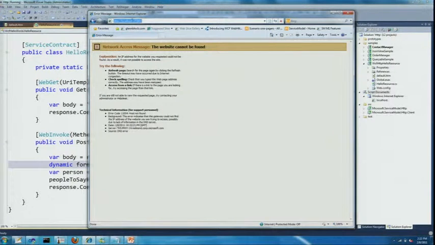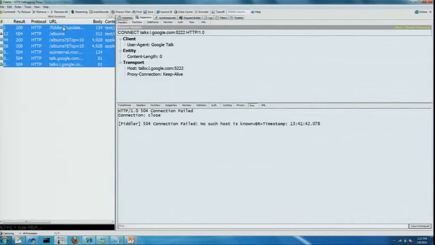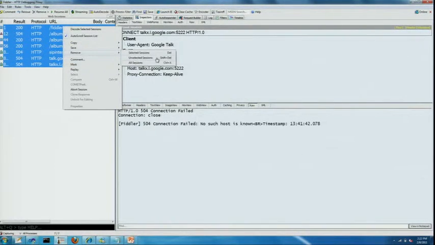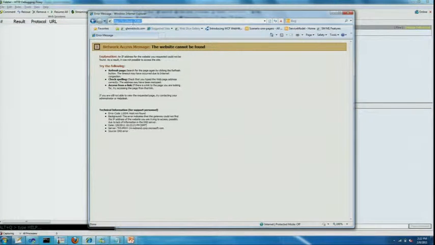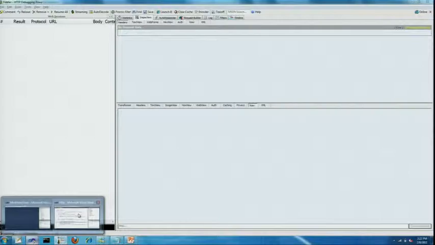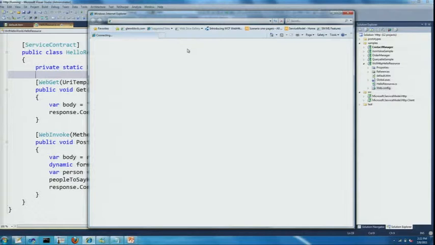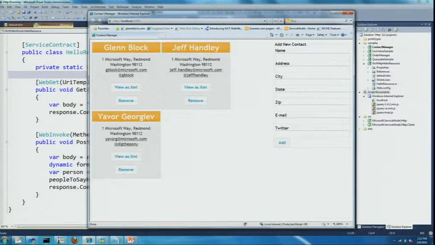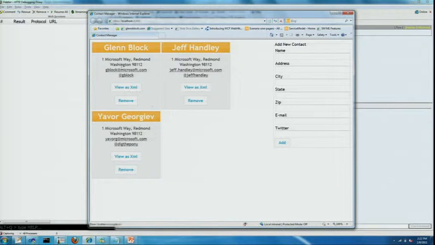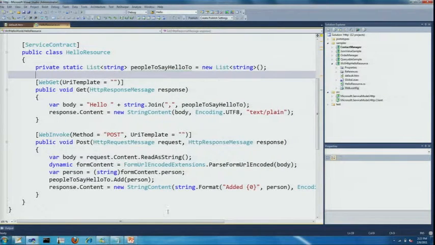Nope. Right. Let's launch Fiddler. Oh, it's already launched. Why is that not working? Let's not do that. Okay, we will come back to that one. Did I stop it? Oh, I stopped it. That's why. Let's try that again. Let's try that again. So what I'm doing here, yeah, okay, that's not working for some reason. All right, let's close that.